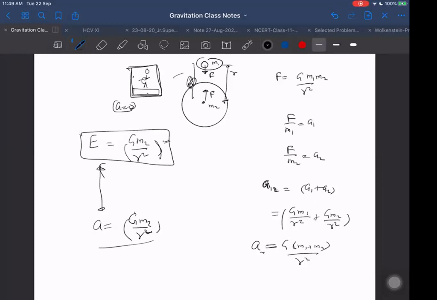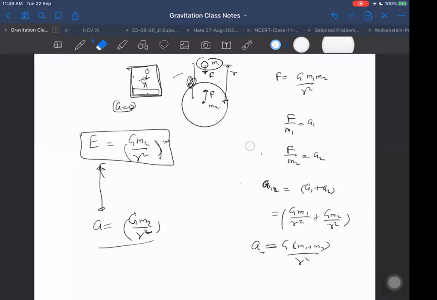He should not be accelerating. He must be at rest, or he must be moving with constant velocity. Then only he can say, if I observe from the inertial frame, that the acceleration of one body which we are observing will be equal to the field acting on that body due to the other bodies. So acceleration of one body will be equal to the field due to all other bodies at this place. That will also be equal to the acceleration, provided we are finding acceleration from an inertial frame of reference.